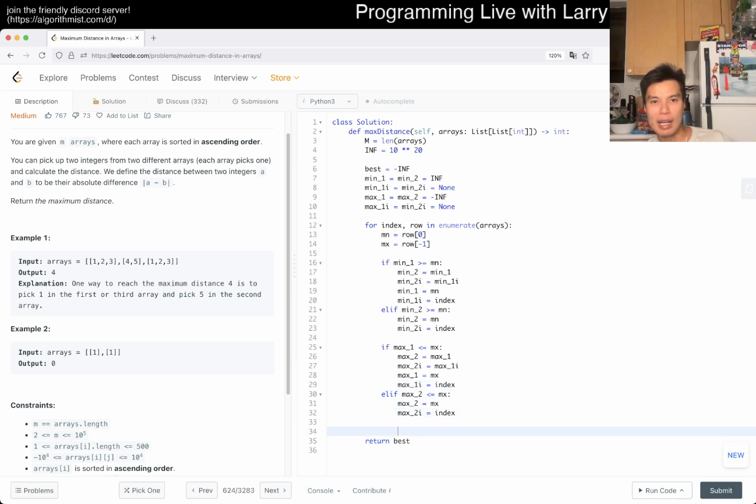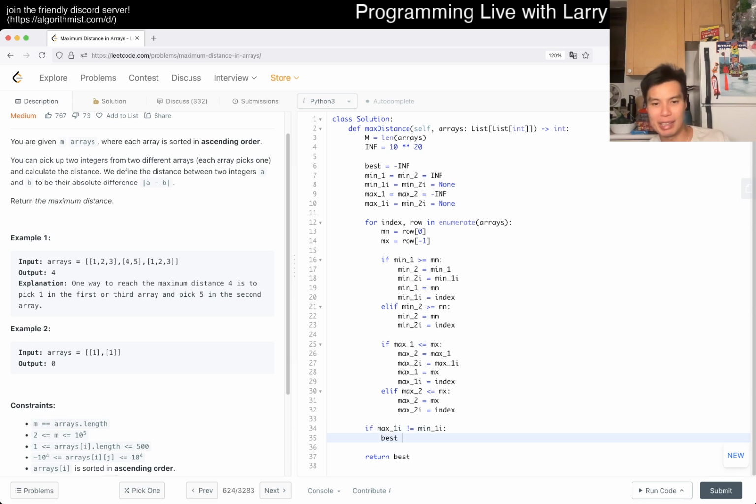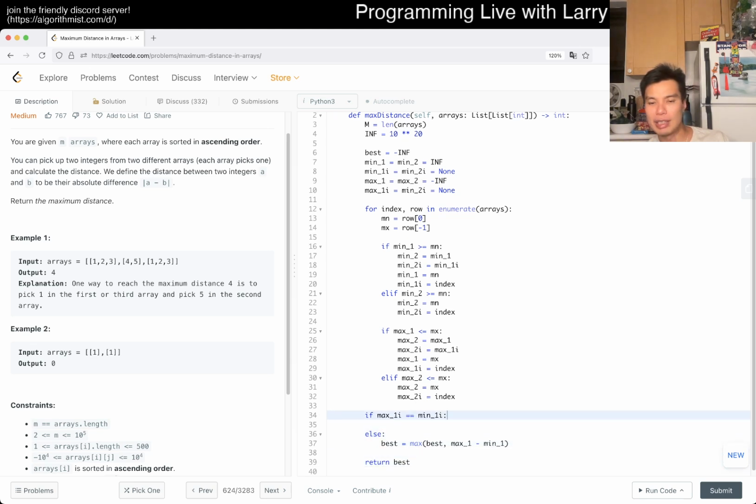Right, and then now I don't know why I put this up. It's fine. And then the idea is that now you can just look at the max numbers, right? So if max one index is not equal to the min 1 index, then you can actually just return it. But I'll write it out just because sometimes I don't want to think about possible edge cases on a contest, for example, but I think this makes sense, right? And then in a not double negative kind of way, if they're the same, then what do we do, right? If they're the same, then